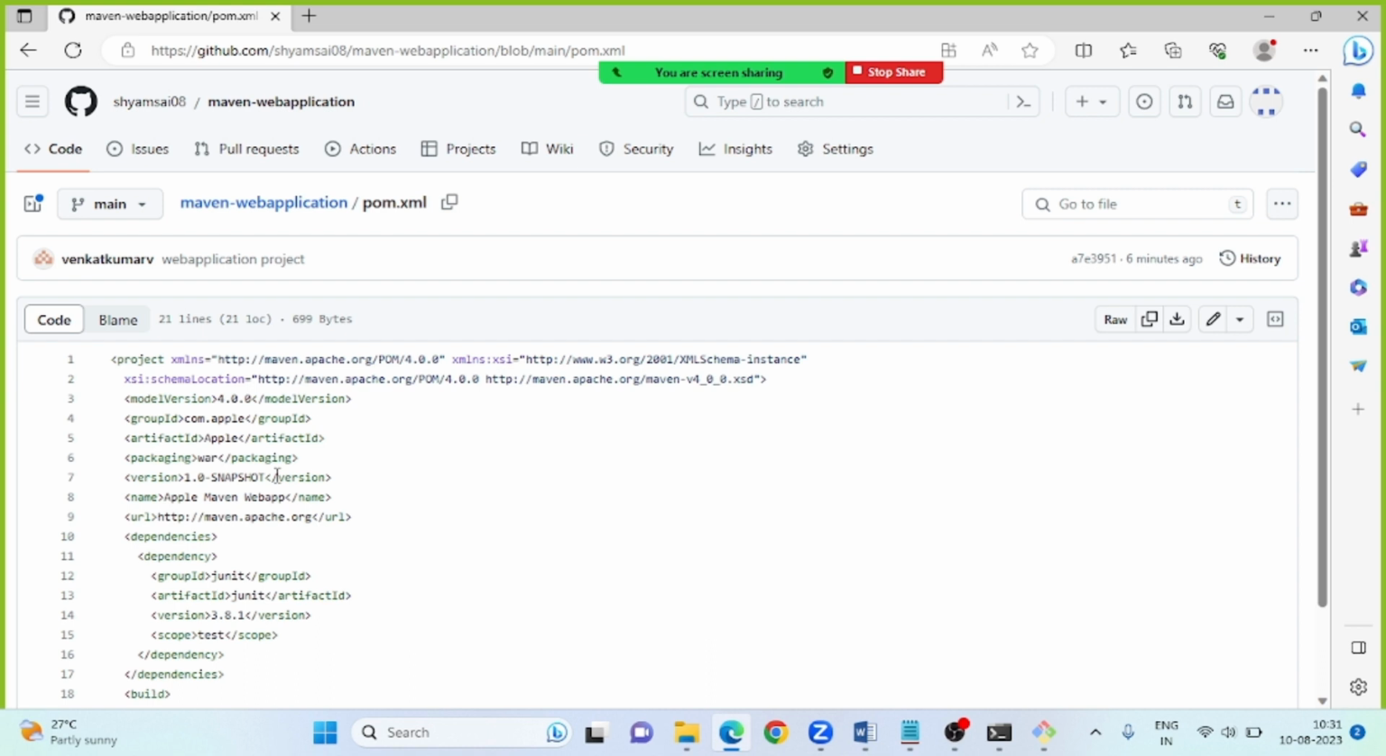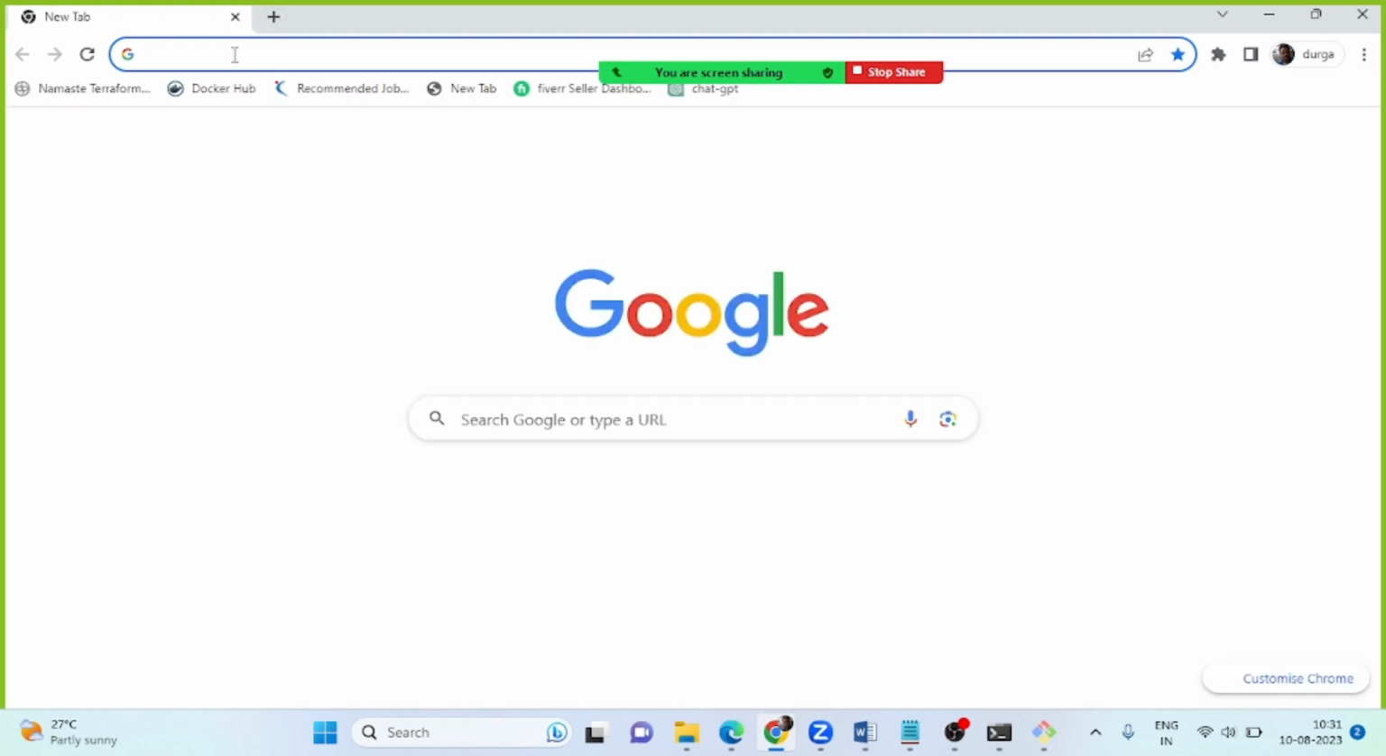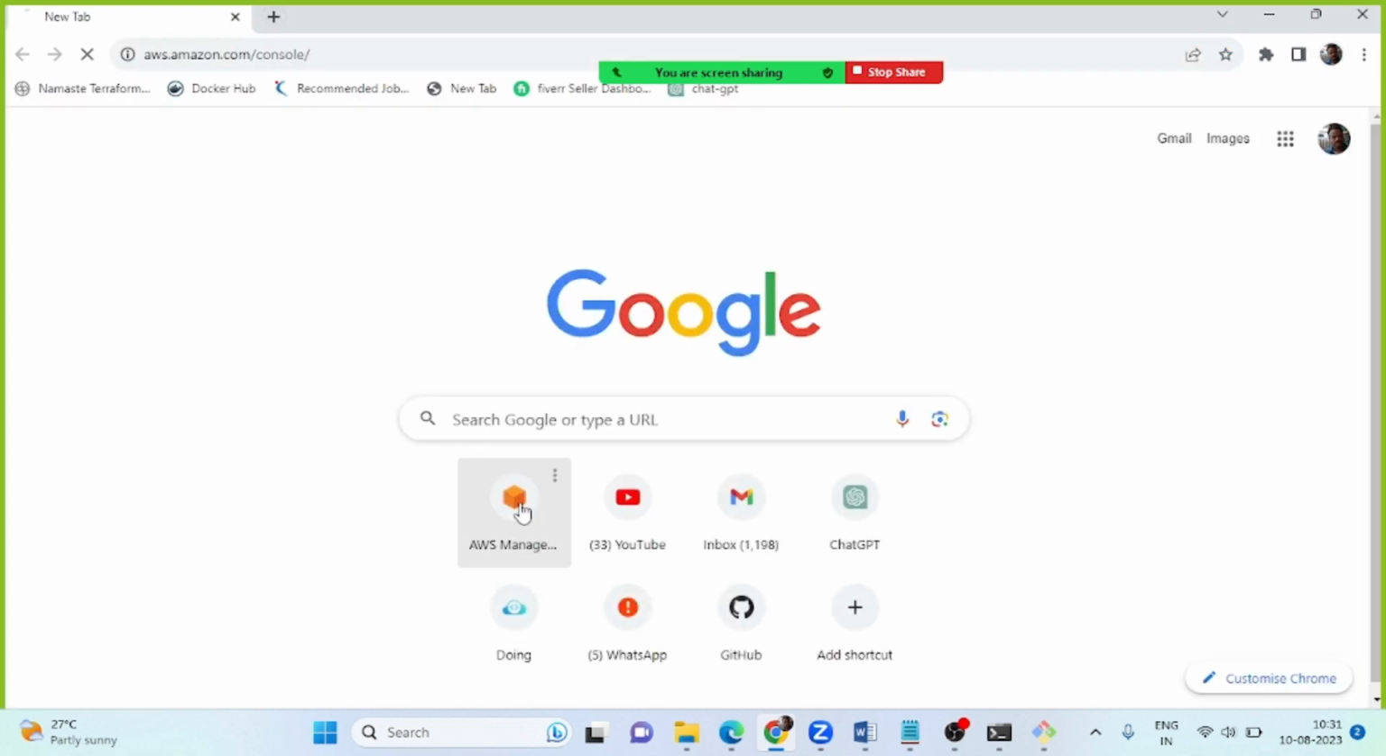Yesterday I told you how to clone the repository, right? I will show you how to clone in the AWS machine. Once wait. Right now,